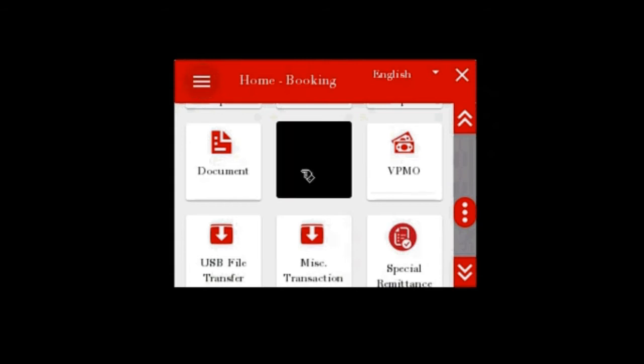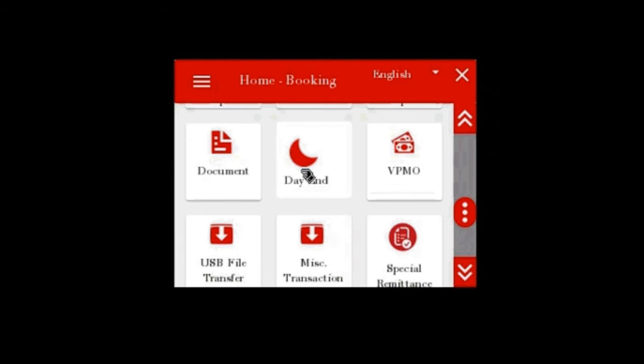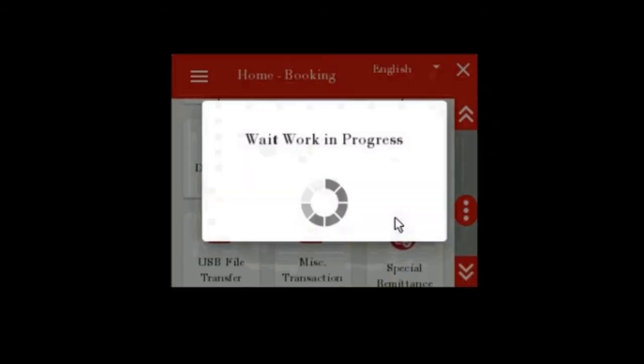After performing day end, BO daily account will be prepared. Now we are performing our day end.